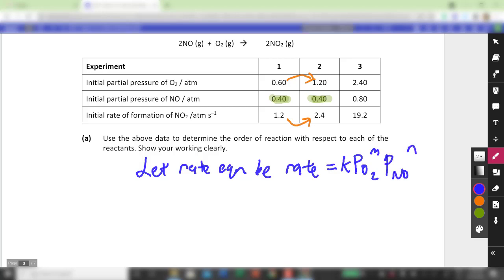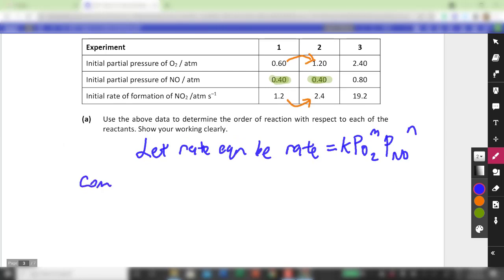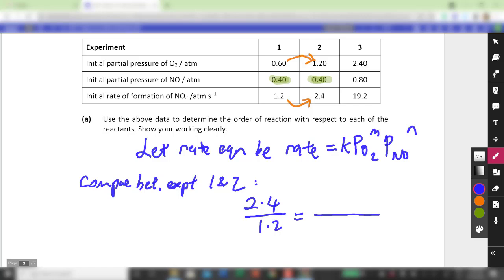Then we'll compare between experiments 1 and 2, and we'll just divide the initial rates of formation. So experiment 2 divided by experiment 1, we're going to get 2.4 divided by 1.2, and then equals